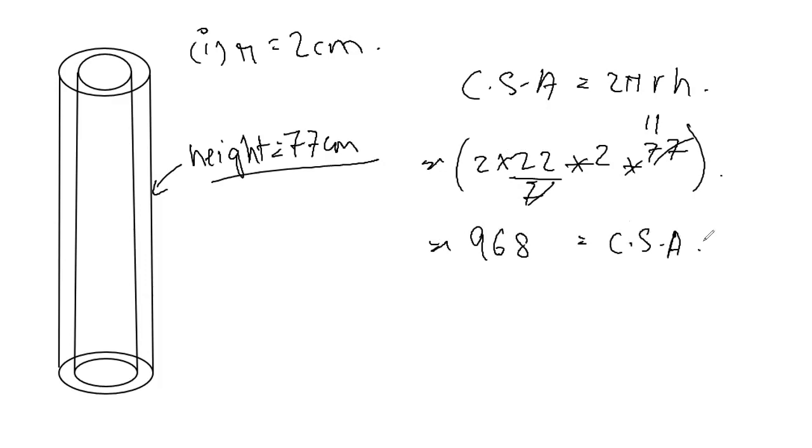Now, I've still not written the units. So all you have to do is write the units. The common unit is centimeters. The unit for area always has a square at the top, so centimeter square. Great. Because the unit as well as the formula as well as the figures are your life kit in PUBG. Always remember that. So 968 centimeter square is equal to CSA.